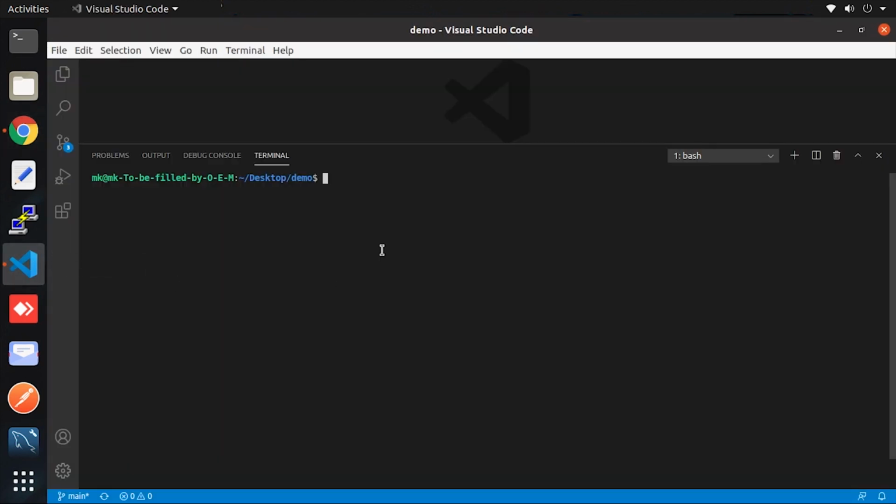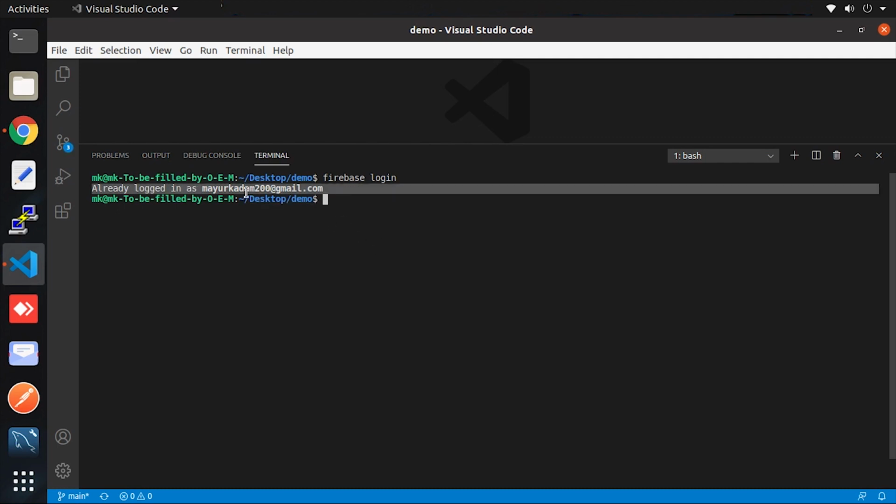It is necessary because it will decide the authentication with your project and the Firebase account. Here I already authenticated. In your case, it will ask you for the authentication and give you a token. All you need to do is click on this token and verify with your account, which is a really simple step. So I am considering you know that very well.